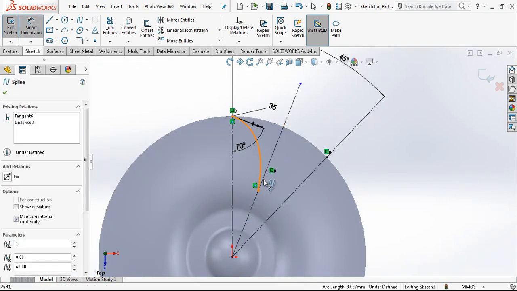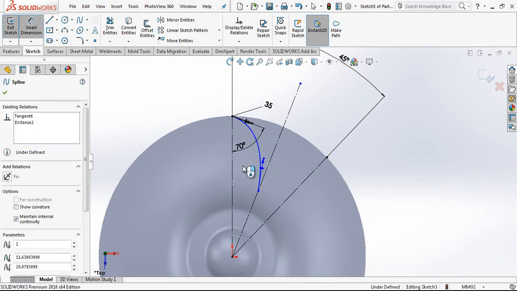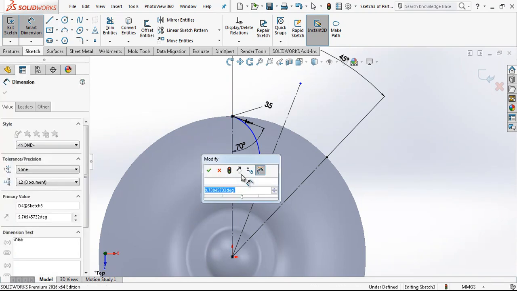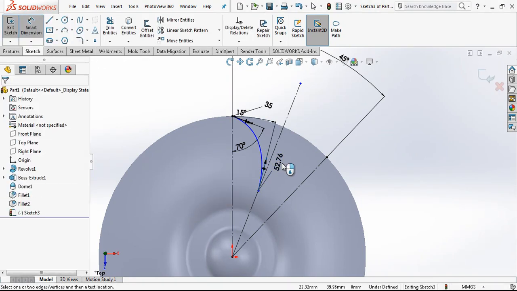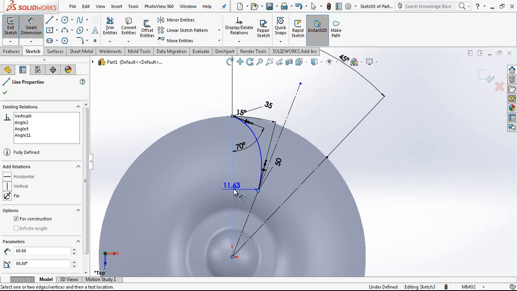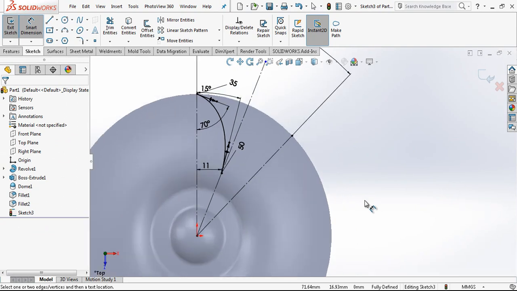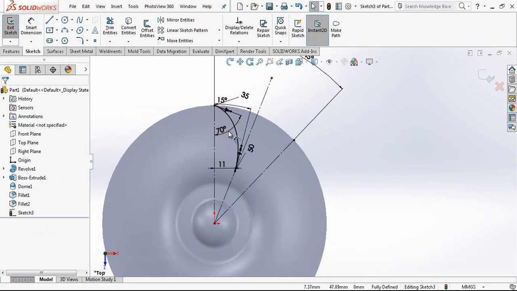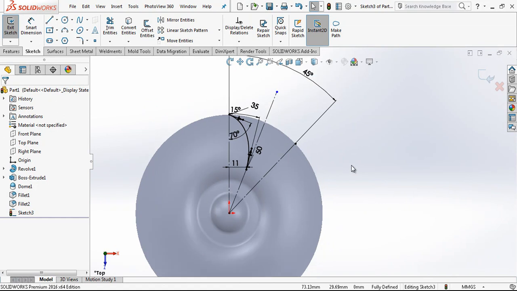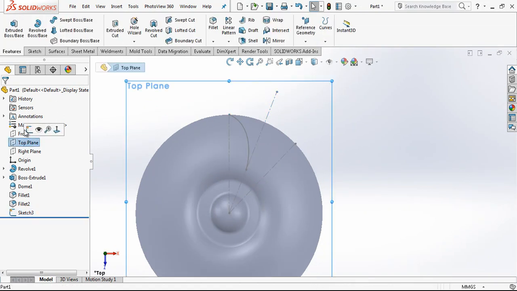Here, for this point, I should play a little, my angle will be 15 and my tangency value is 50, and this point will be here 11. Normally when I'm working free, I'm not giving these values so much. This is my base spline and I will keep it here like this, and then I will go create a